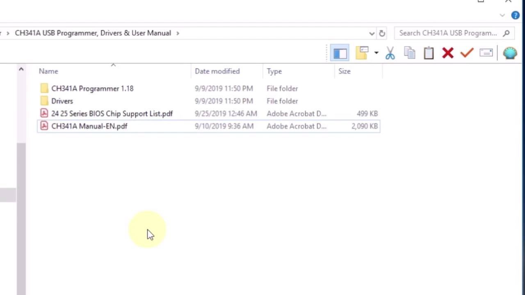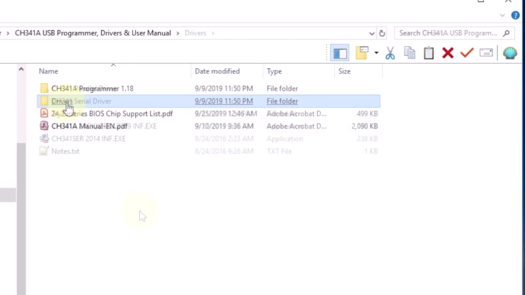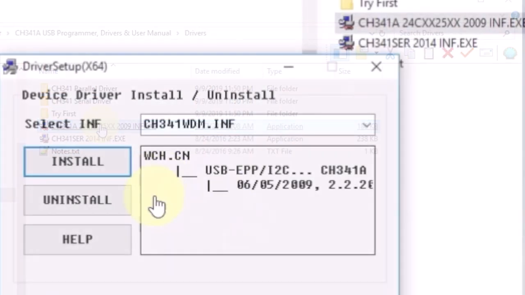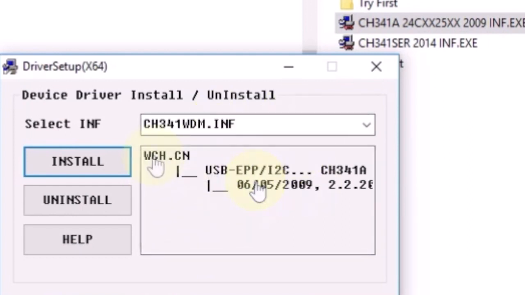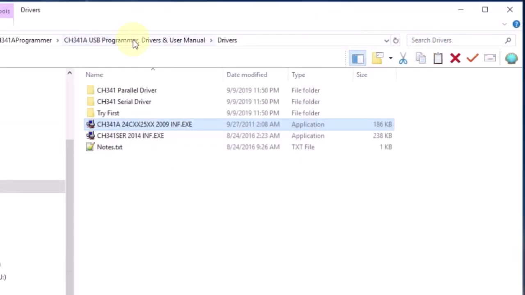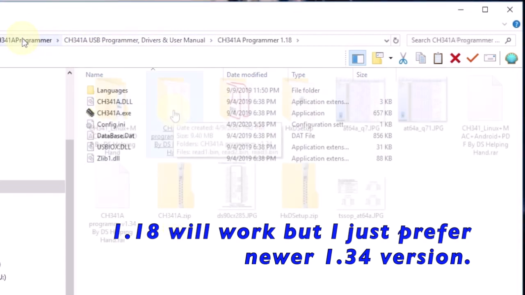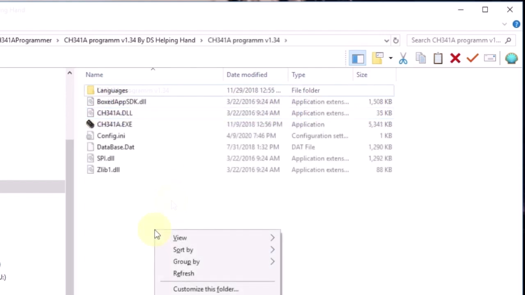Okay, so the first thing you want to do is to go to the website that sells the programmer and download the drivers. The one that you want to get is 2009. So you're going to install this one. Click install. When you install it, the USB driver is there. So go and get the version. The version they give you is 1.18. The version you want is 1.34. You need to plug in the device